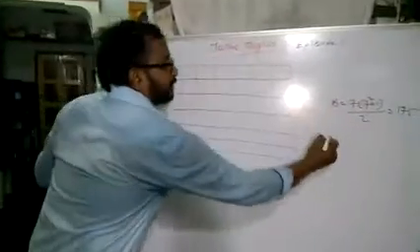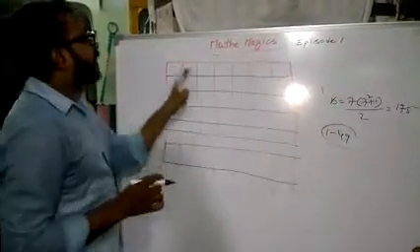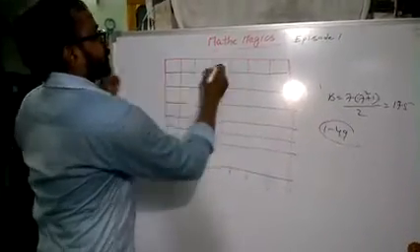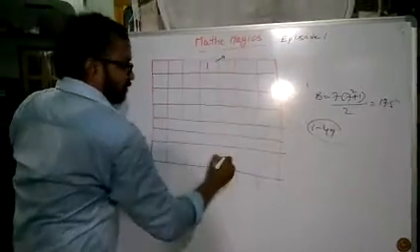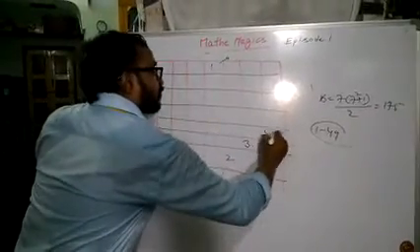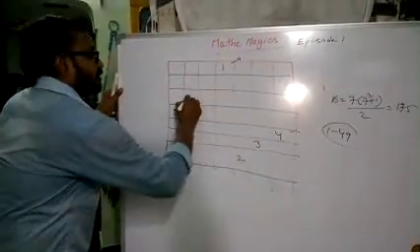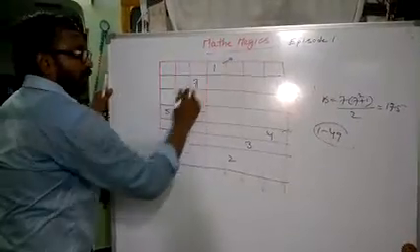Here we should fill the numbers 1 to 49. The first number we should fill here is the middle box of the first row: 1, 2, 3, 4. This is the middle box of the first row. Right upwards diagonally, no box. 2, 3, 4. No box. Where do we have to go? 5, 6, 7. No box. Of course, the box is filled with 1.